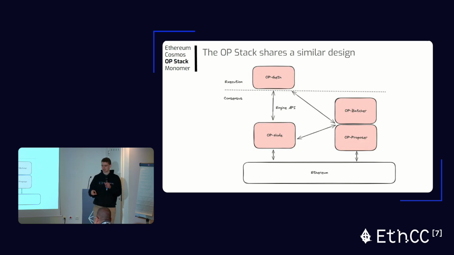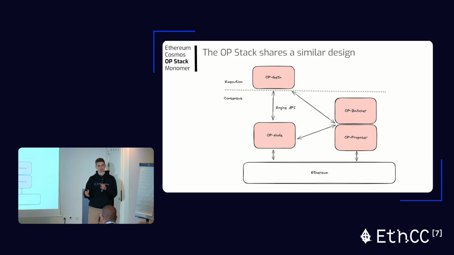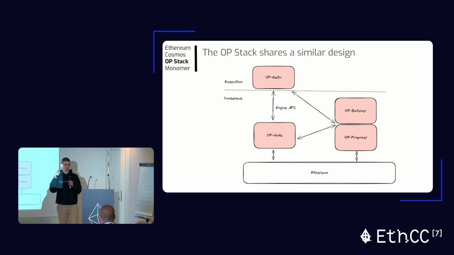A little bit of history. The OP stack was originally developed for Optimism specifically. Optimism is a rollup on Ethereum, and a few years ago, one of the primary selling points of Optimism, now more common in part due to the Optimism team's amazing work, was Ethereum equivalence. The idea was you could deploy your smart contract on Optimism and get the exact same user experience and functionality that you would get on mainnet with just lower fees. And the way they did this was by taking the execution layer client from Ethereum, making minimal modifications, very, very few, and